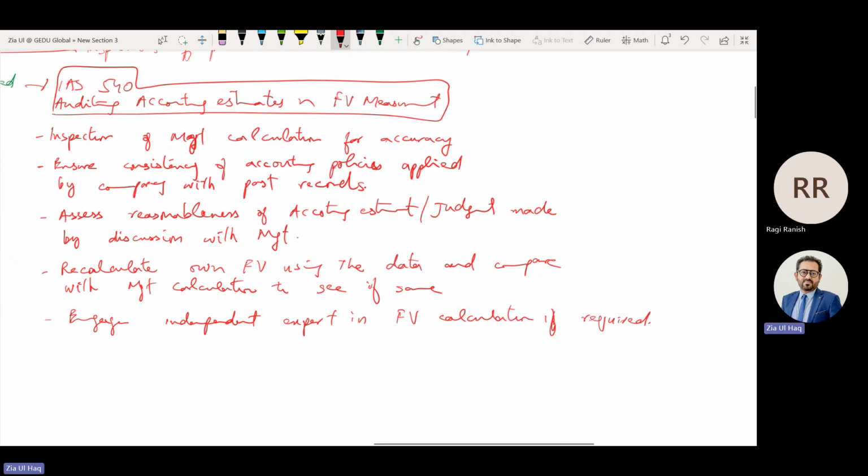So first we need to inspect management calculation for accuracy. We need to ensure consistency of accounting policies applied while comparing with past records. We need to assess the reasonableness of the accounting estimate judgment made by management by discussion with them. We need to recalculate on fair value and compare with management calculation to identify any differences. And in measuring on fair value, if there is a need for engaging any expert, we will engage them. And one more,